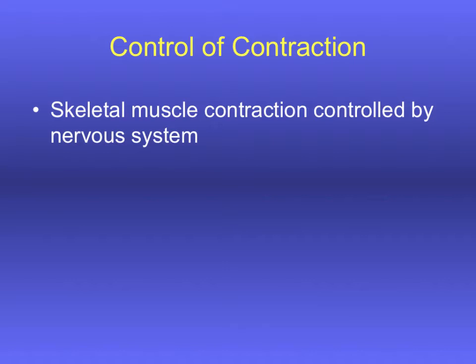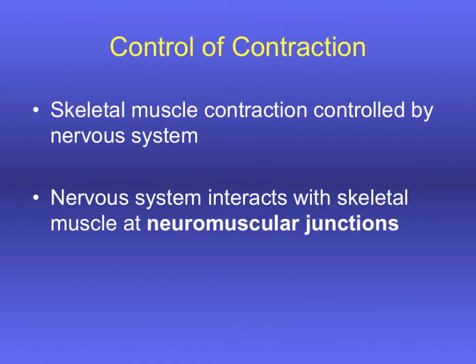What we're going to do now is we're going to back up one step. We're going to make the story a bit longer to see kind of like the prequel part of the story, if you will. So in order for skeletal muscle to contract, of course, there has to be some sort of control or message sent from the nervous system telling the muscle when and how much it needs to contract. Now, we are dealing here with skeletal muscle, so for the most part, this is going to be voluntary activity with the possible exception of